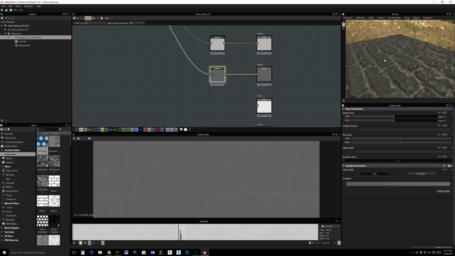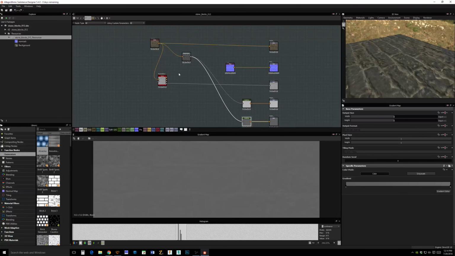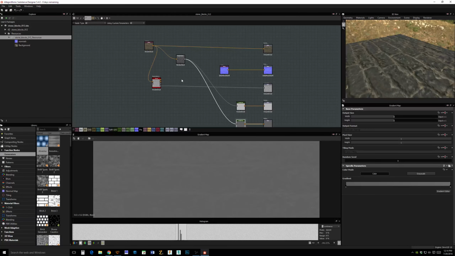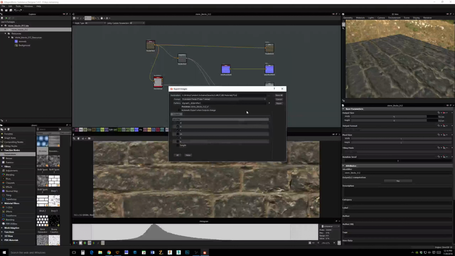But the advantage of this is that when we used to work directly only in Photoshop files, I would have to have Photoshop open, then I would have to export each of these layers into a document itself and then save that out as an individual TGA, which then our editor loads in and reassembles into a material. When it's a substance like this, after I've set it up, all I need to do is right-click it and I do export outputs as bitmaps. And then I can check off the channels that I want it to export,